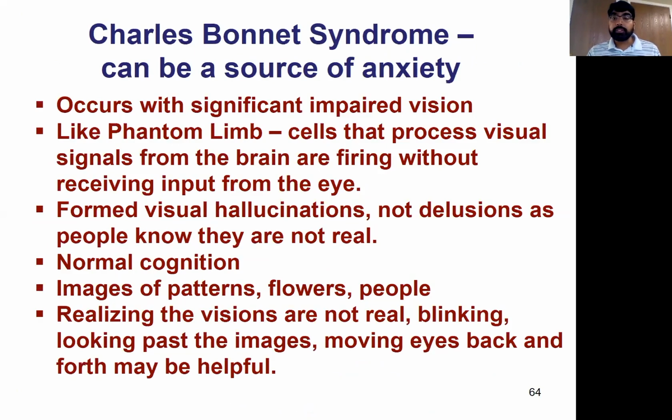Those with profound vision loss, some of you may have this, have lost a lot of vision and can just see shapes and objects, maybe even at times in an eye. Sometimes you see things that aren't there. This occurs with very significant vision loss, like a phantom limb syndrome. You get this phantom eye syndrome where cells that process the visual signals in the brain are firing without receiving